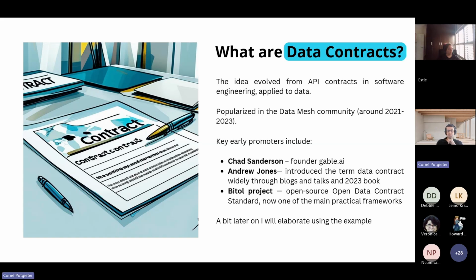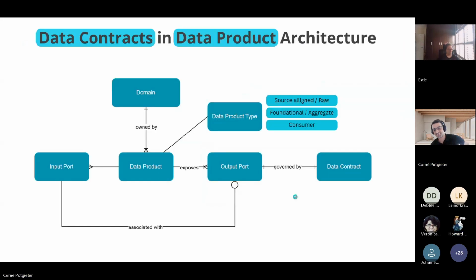Howard, I see a hand, but I'm not sure if there was a question posted. Do you want to take it now, or should we postpone it to the end? I did mention in the chat that we'll leave them to the end. Natural gap, it's fine, Howard. Actually, I'll make a note of the question. Okay, great. Thank you very much. Thanks, I wasn't sure that I could interrupt. I guess you can, but maybe if I can just get through a few more slides and then we'll take them.